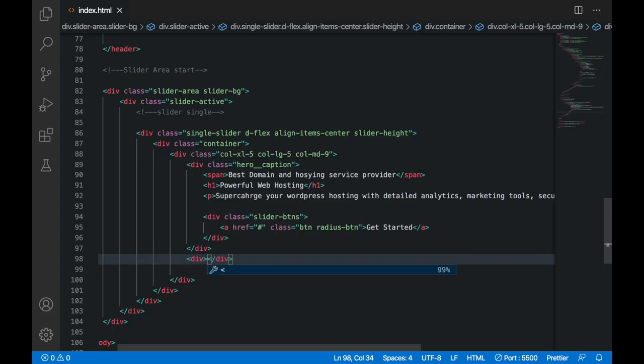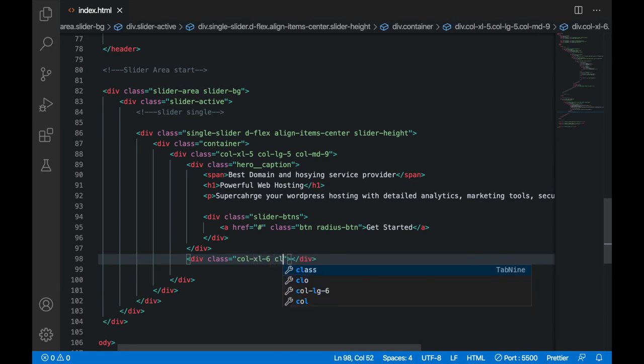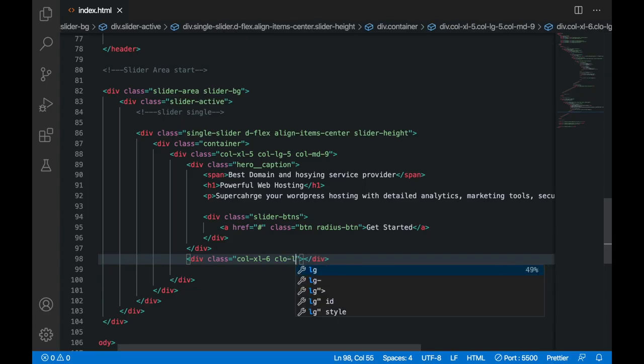So here I will give it a class name first of all. I want it to take half of the space, okay. So col-xl on extra large screens, so col-xl-6, and on large screens also I want it to occupy half of the space available, so col-lg-6.